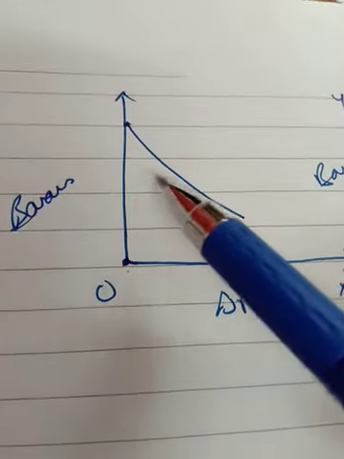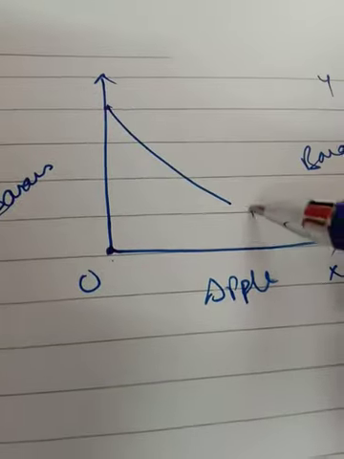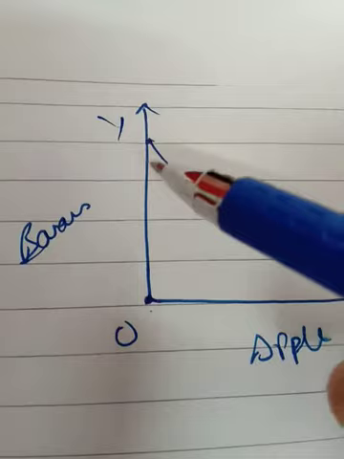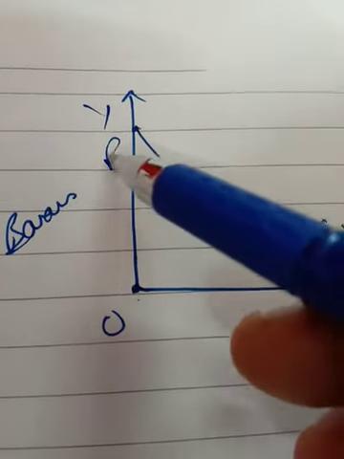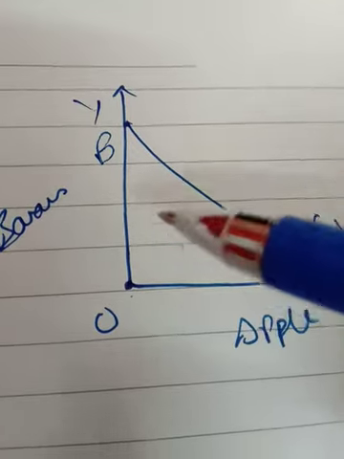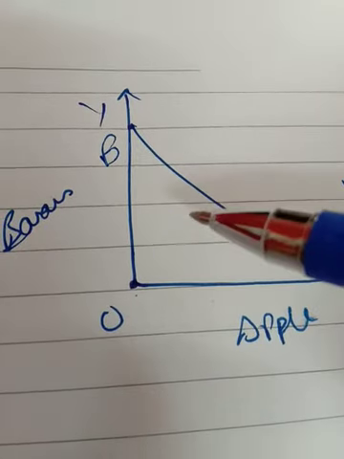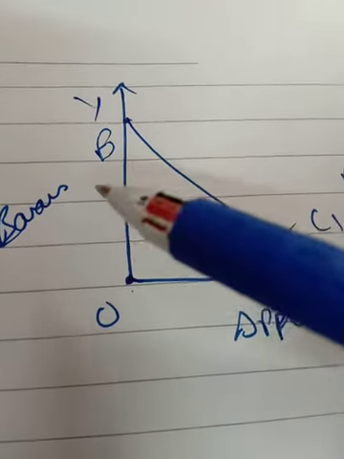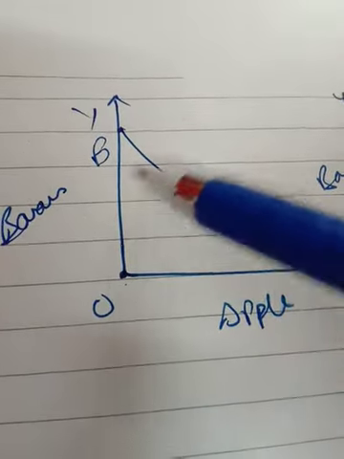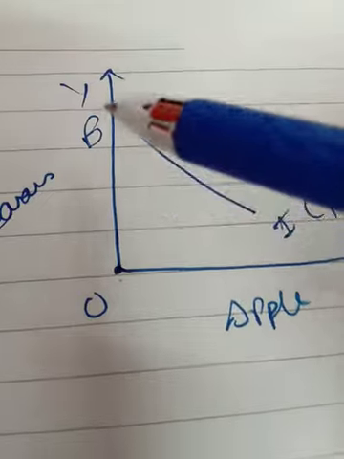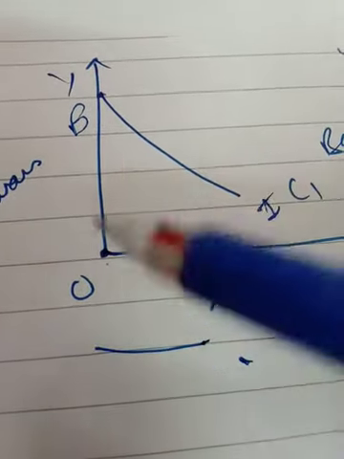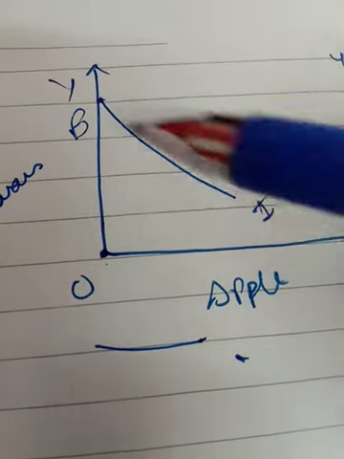So this is the wrong diagram, because if this is the indifference curve, it cannot touch the y axis. The y axis shows some quantity of banana, like OB is the quantity of banana, and the quantity of apple is 0, which cannot be possible, because it is the assumption of indifference curve that you have to consume both the commodities, apple and banana. It cannot be possible that one commodity is being consumed and the other commodity is 0. So this is the wrong diagram. You will write over there that this is the wrong diagram. It cannot be possible that IC1 touches any of the axes.